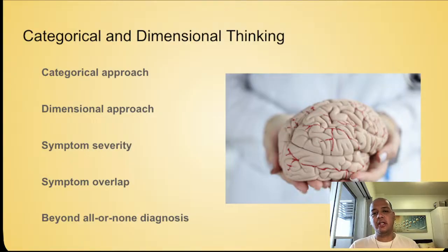So, there are two kinds of thinking in diagnosis. We have categorical and dimensional thinking. Categorical thinking means a person either meets criteria for a disorder or does not. It is a yes or no approach. So we discussed the DSM, it has criteria. Does the person meet the criteria? So that's categorical thinking. Dimensional thinking, on the other hand, sees symptoms along a continuum, mild to severe, occasional to persistent, lower impairment to higher impairment.